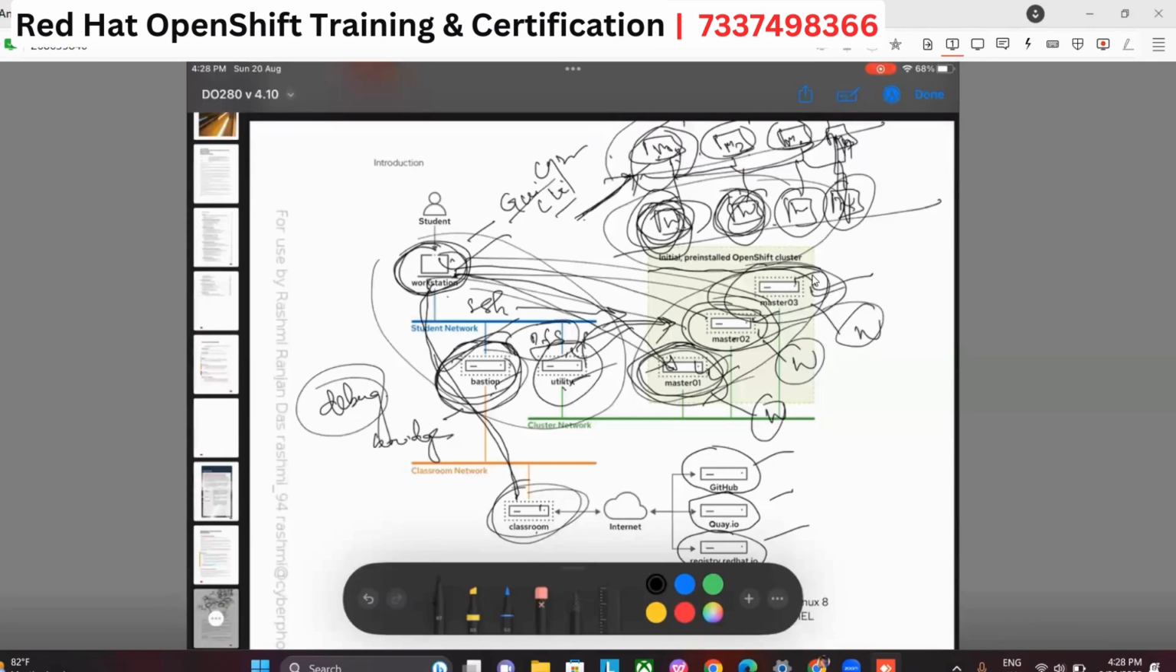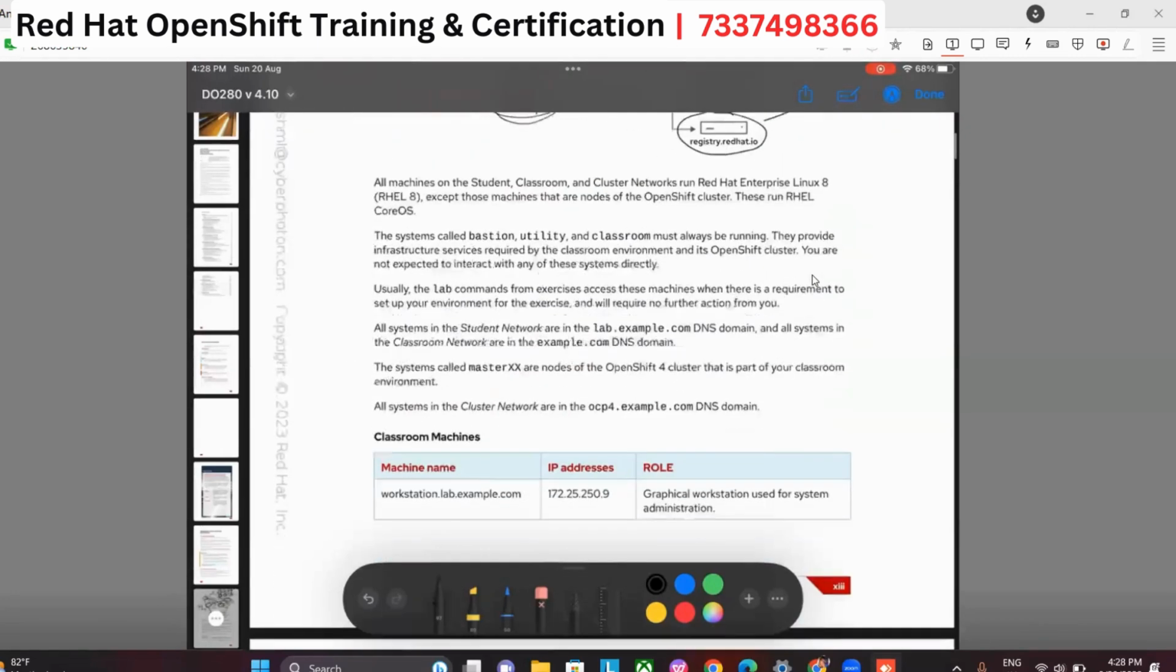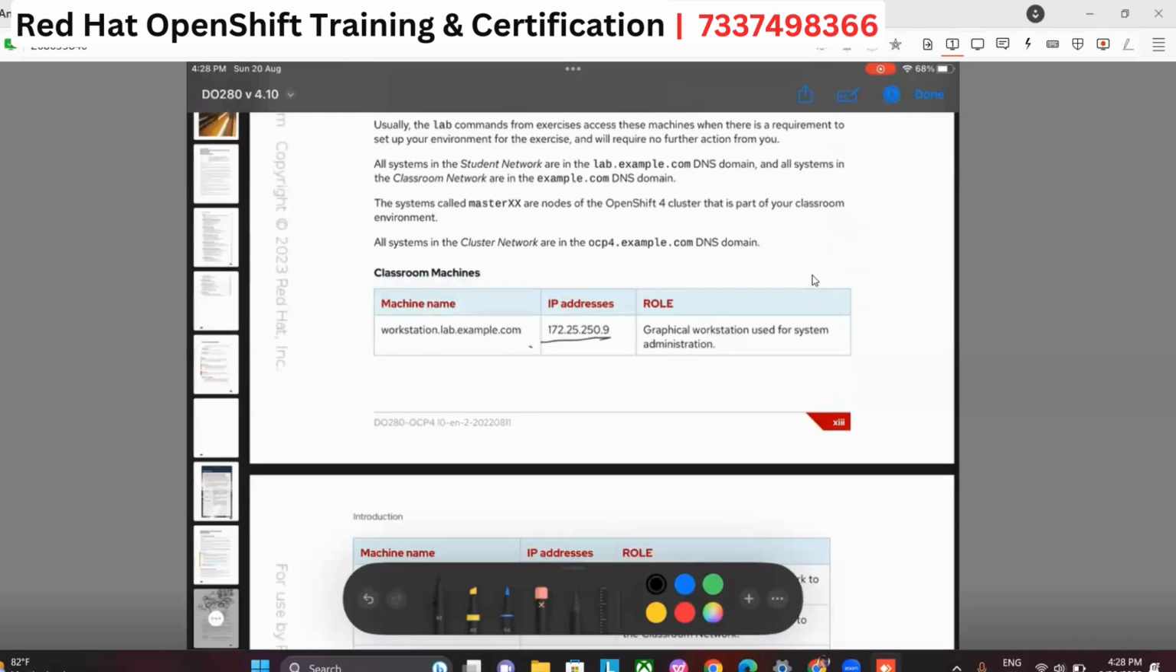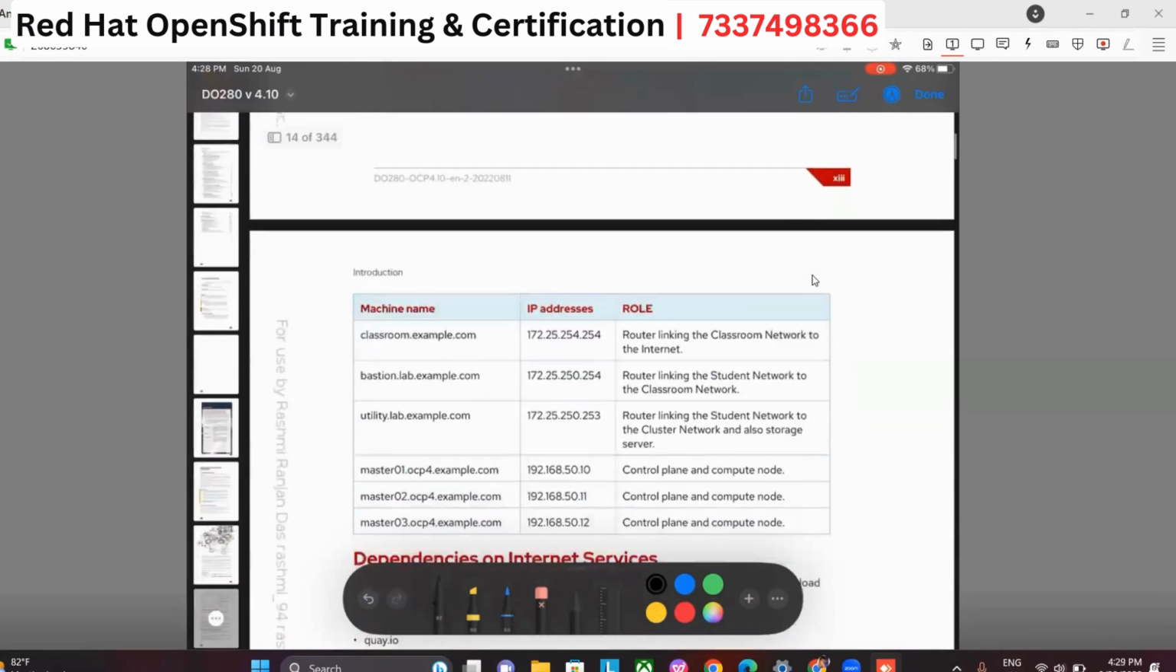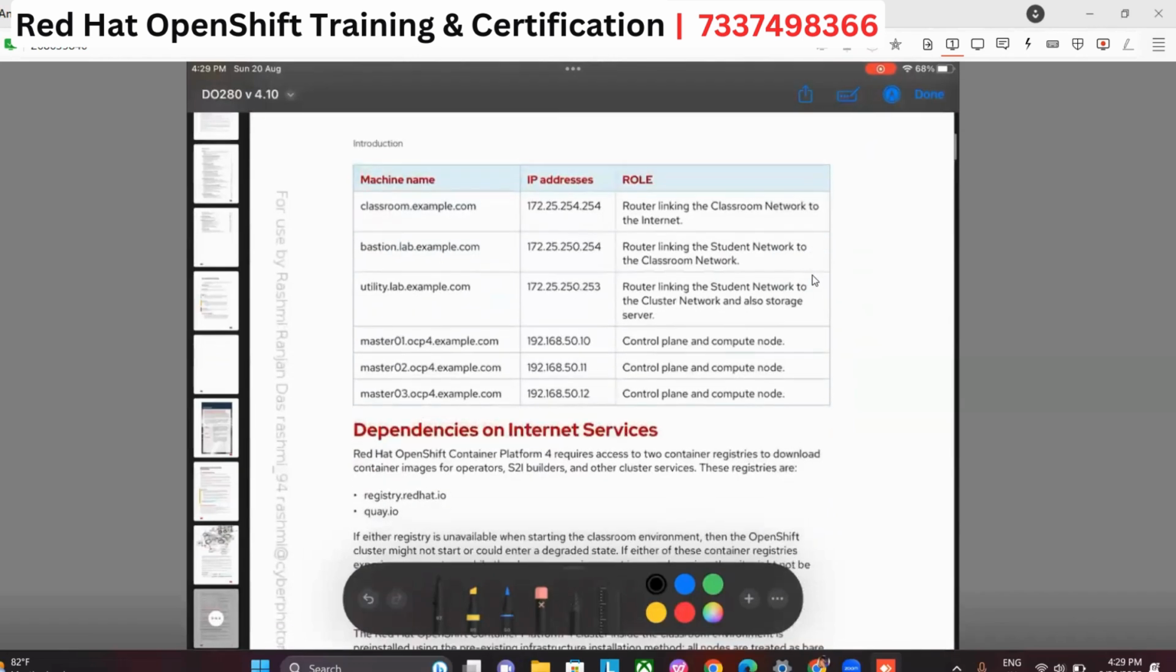If I show you the IP addresses of these machines, you can see the workstation has 172.25.250.9, which has both graphical and command line interface. And there is one classroom, bastion, utility. You can see here, the master node has a different IP address, in a different range. So you will not be able to SSH to these master nodes. How exactly we will log into these masters, I will tell you in the class,